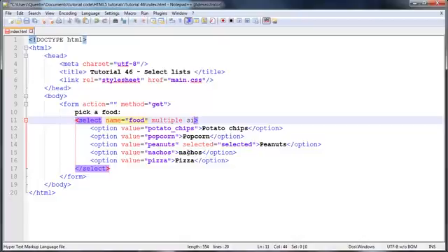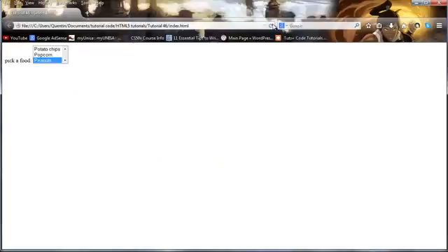So we need to give this a size, and that is the second attribute that I wanted to speak to you guys about. And the size we can set equal to a number value of however many options we want to show to the user. So let's say I set this equal to 3. When we save this now and go back to Firefox and click refresh, this drop down list isn't really a drop down list anymore as much as it is a scroll list, and by default peanuts is selected, but we